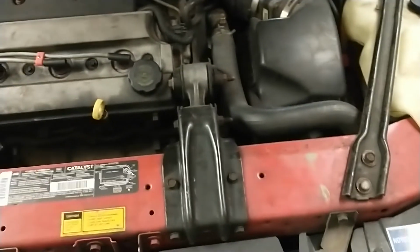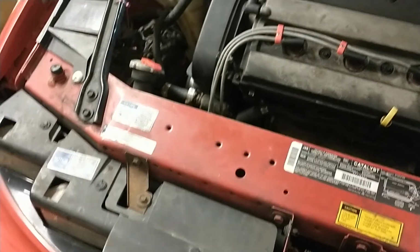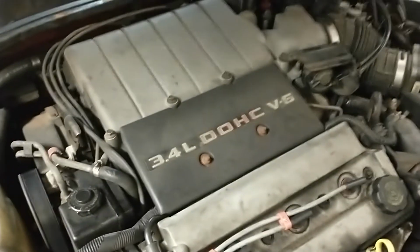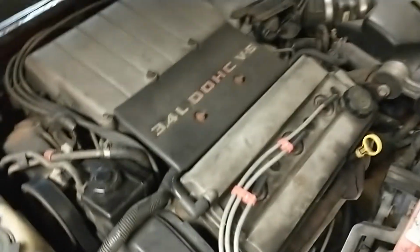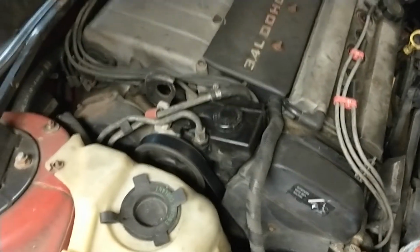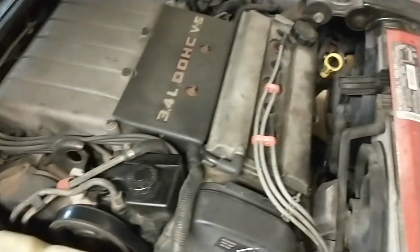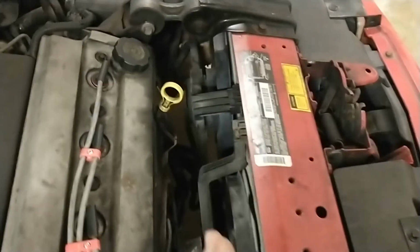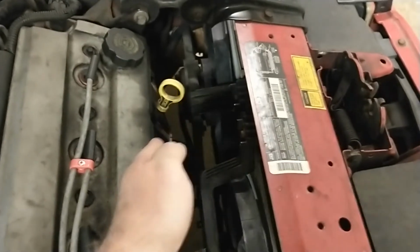This is a neat car in a lot of ways, and it's also kind of a weird car. These engines are pretty compact until you get into this version, and it's like, man, it's like a Boss 429 or something. I mean, you could maybe throw something in here and it hit the ground. Anywhere else, it ain't going to. It is